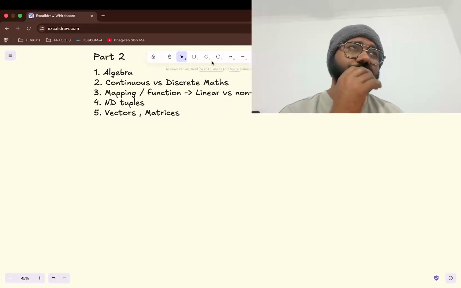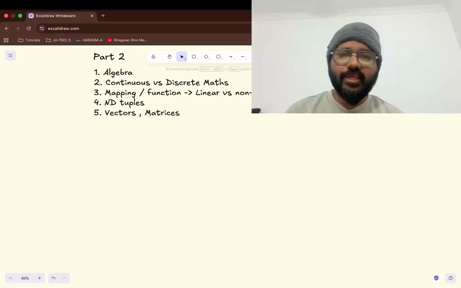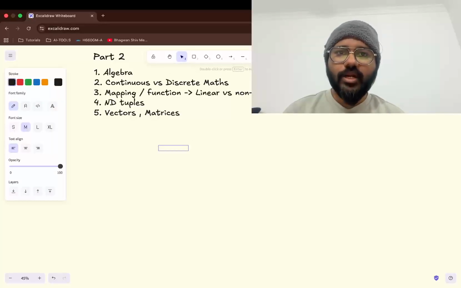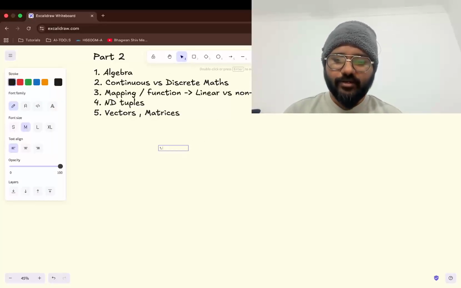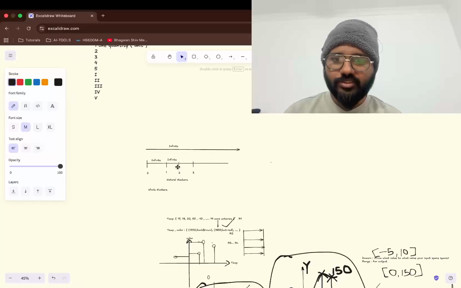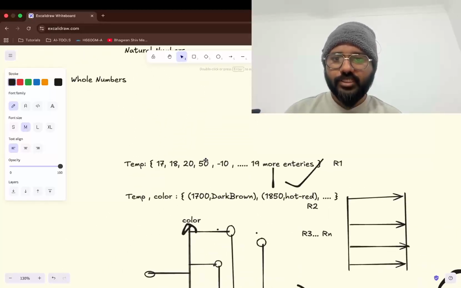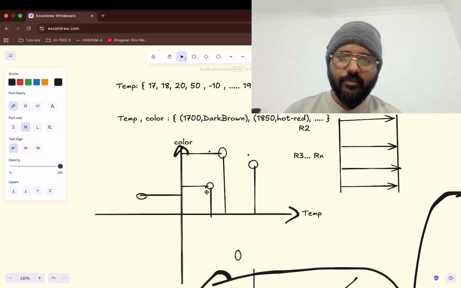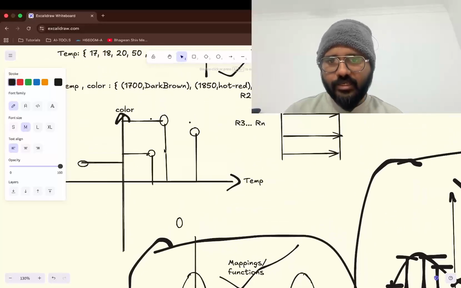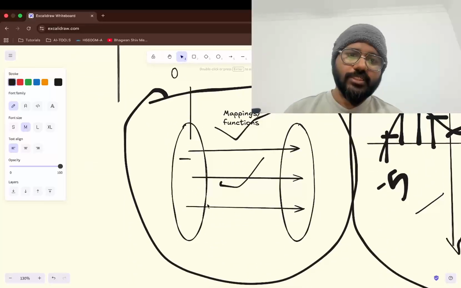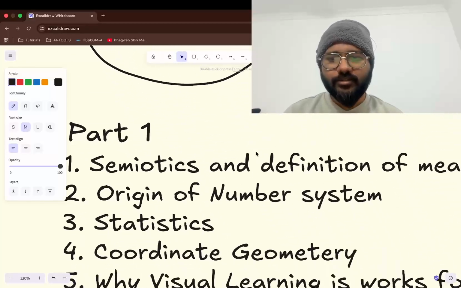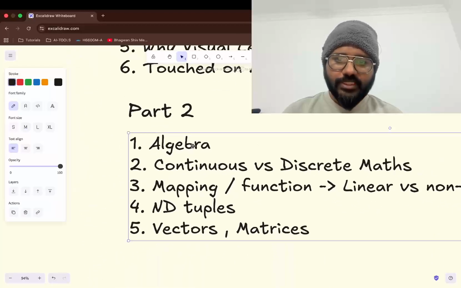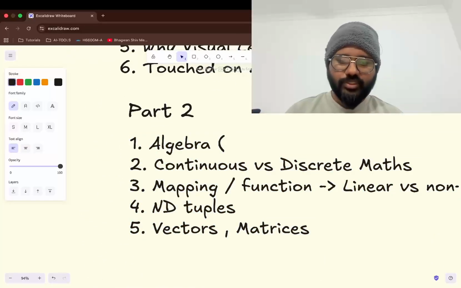So in the last video we talked about numbers. We have a set of numbers like 1, 2, 3, 4, 5, 6, 7, 8. We had a reading of temperatures, if you remember. So these were the set of numbers, and these were the colors, and we had a mapping like this. Then we also saw that this mapping can be represented like this, which is basically related to sets. Now algebra basically talks about variables, which are like placeholders,